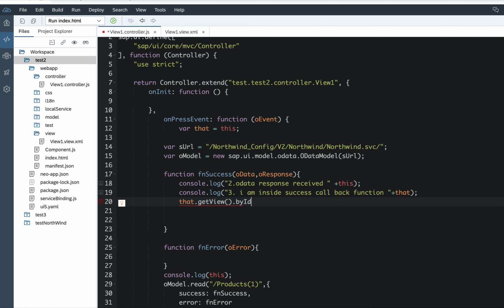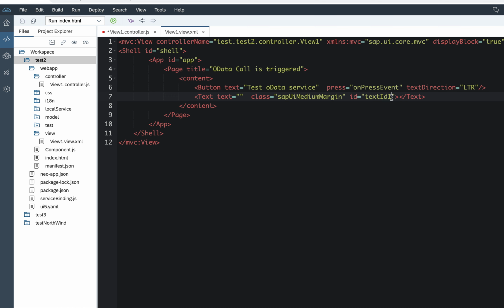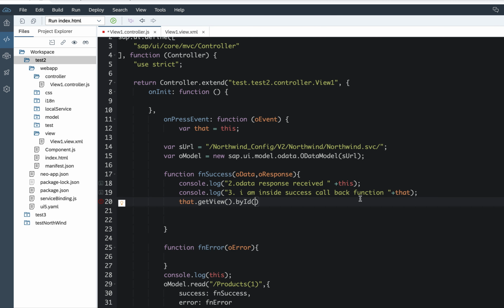Suppose for example I want to access the ID of the text field, and now I will bind one of the OData properties to this text field. So this is the ID dot setText. I know there is a property called product ID.